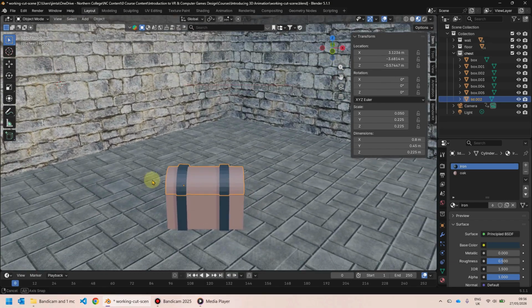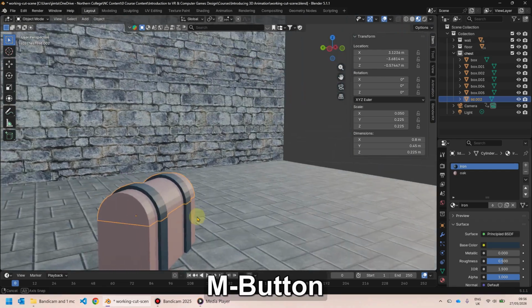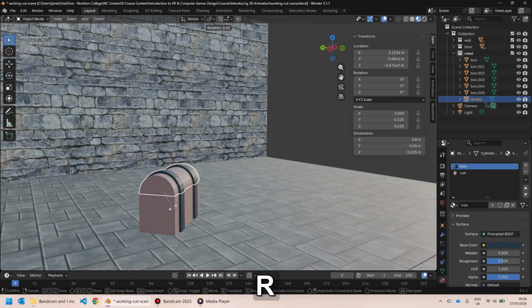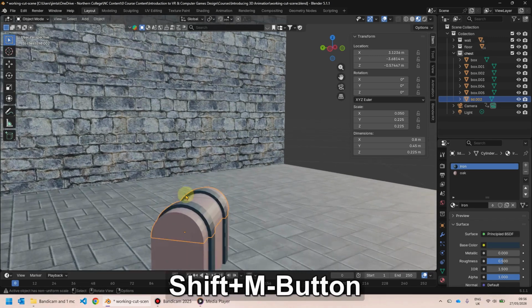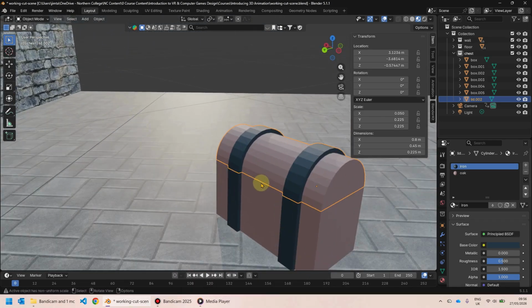Now currently the lid is rotating around, can you see that dot there? The lid is rotating around that point. So if I, for example, rotate it across its z-axis, you can see it's rotating on the left side of the lid. But we need it to rotate somewhere around here, at the back of the lid in the center. Now to change the origin point,